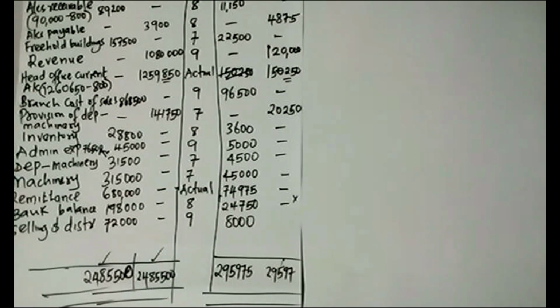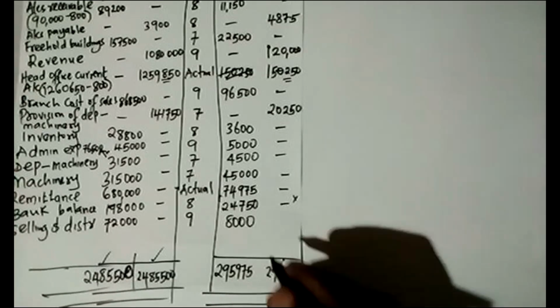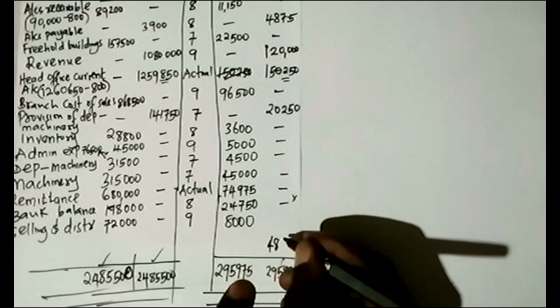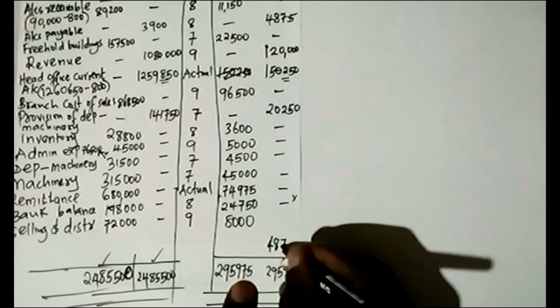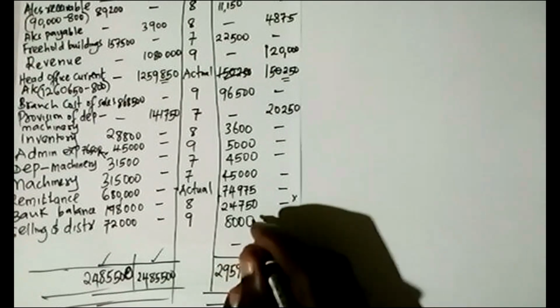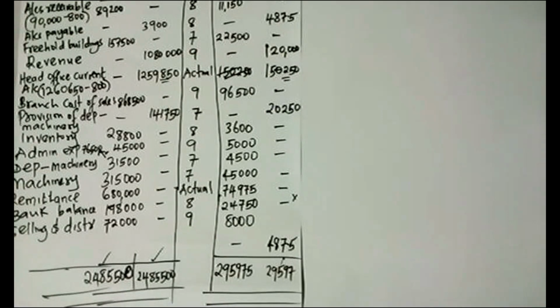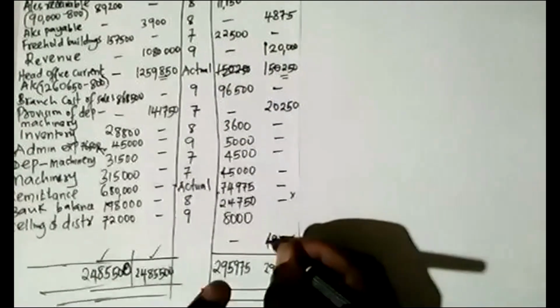487.5, 120,000, 150 to 50, 20 to 50. So this amount on the credit is lesser than the debit side. So which means that we have a balancing figure of 49,87.5. So which means that this one, if the debit side, when you translate, remember that when you are doing translation,